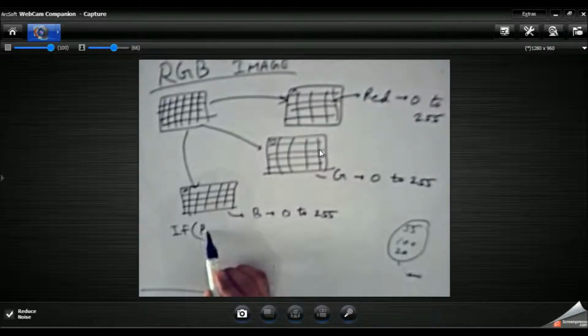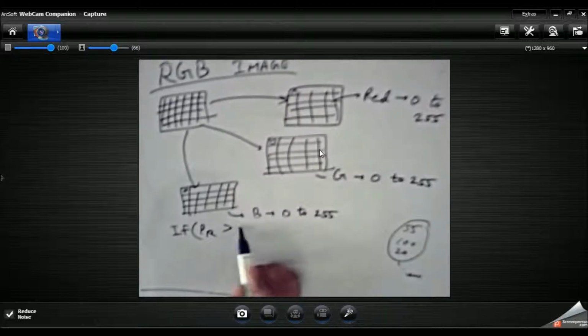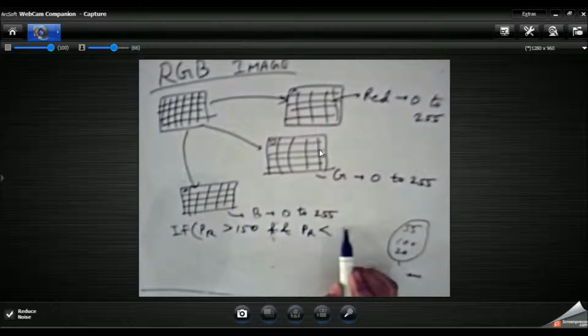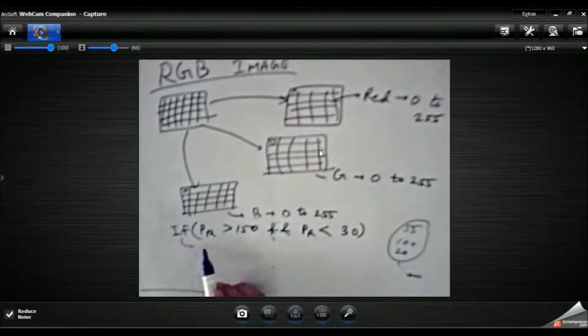For example, the pixel range of the red matrix is between say 150 to 230. In a similar way, we have to give an if statement for green color and blue color, and we will assign the desired pixels which are in this thresholded range equal to 255, that is white color.